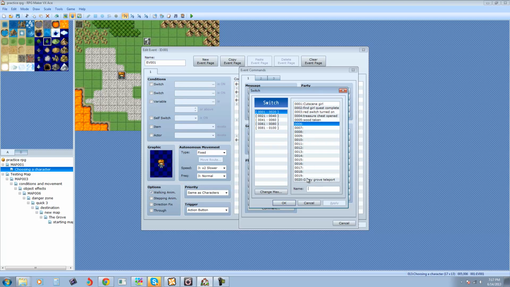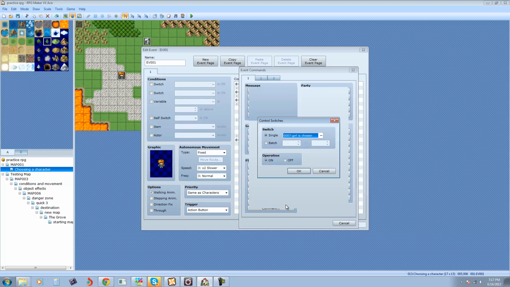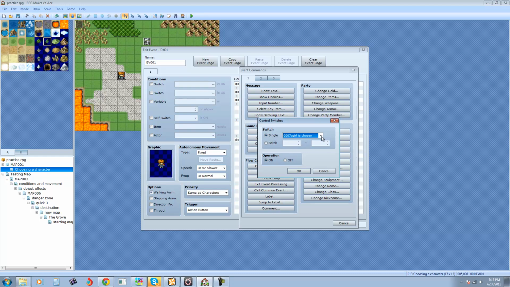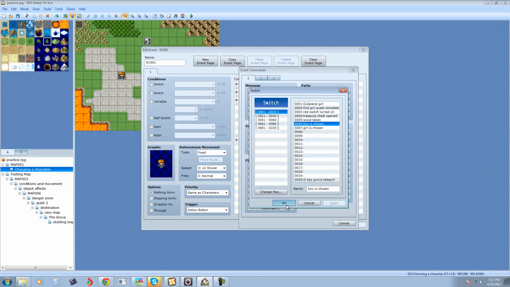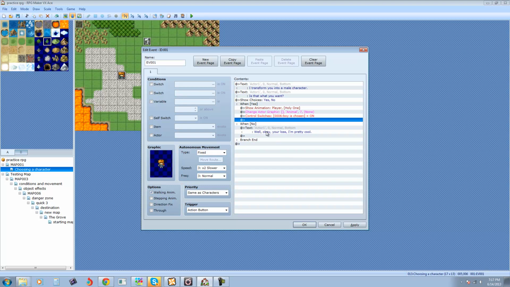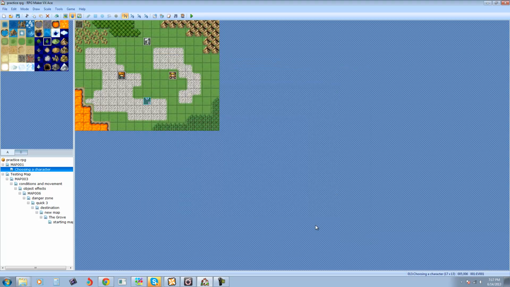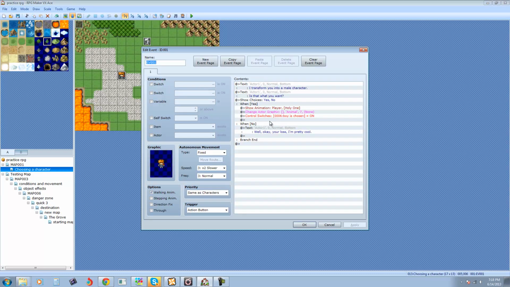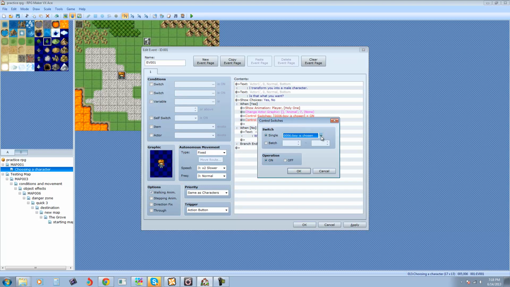We'll say boy is chosen, and we'll make a second switch that says girl is chosen. For this one, turn boy is chosen on, but when they do that, you have to make sure you turn girl is chosen off. That way if they go and change their mind,